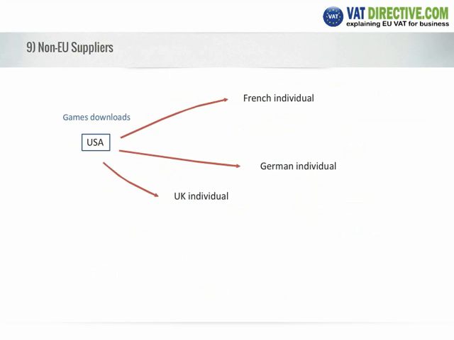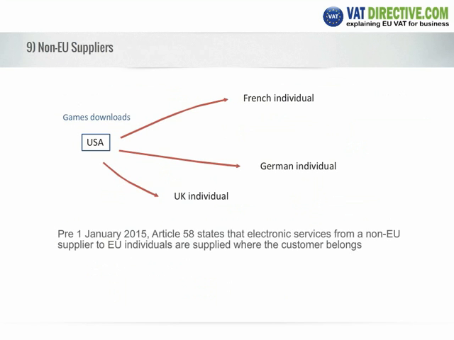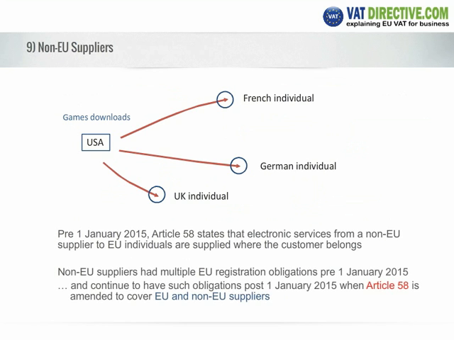Well, let's now have a look at the non-EU suppliers, and we'll move into the non-union scheme. Now here we have a USco, and they're downloading games to French individuals, German individuals and UK individuals. Pre-1st of January 15, Article 58 stated that electronic services from a non-EU supplier to EU individuals are supplied where the customer belongs. Now that meant that non-EU suppliers had multiple EU registration obligations before the 1st of January 15,